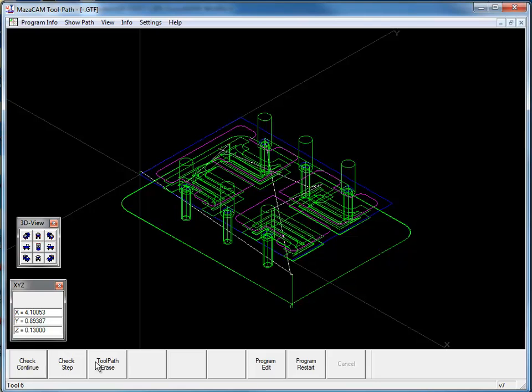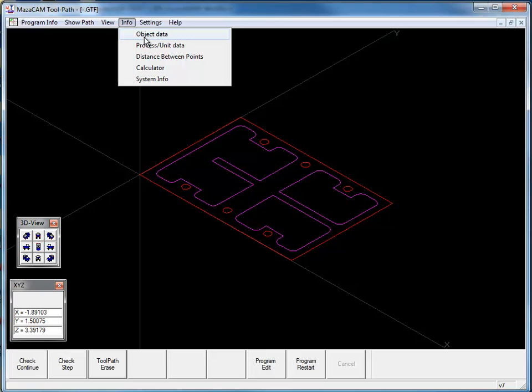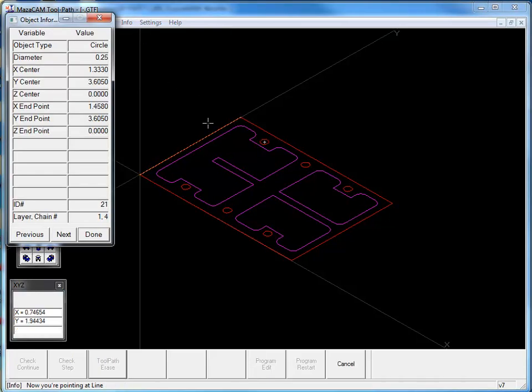I can go ahead and I can erase the toolpath, and I'm going to go to Info, Object Data, and I'm going to just double check the diameter of one of these holes. I can see that it's 1/4 inch in diameter, and I can check another one as well. There. So it also gives you some information on how you can get object data information, dimensions on your part.